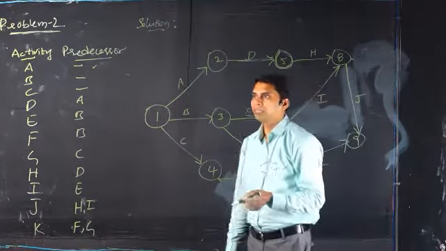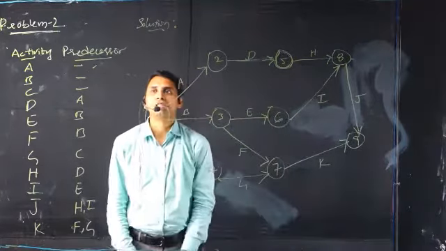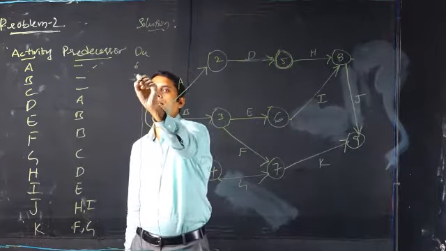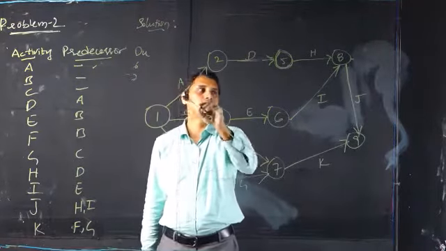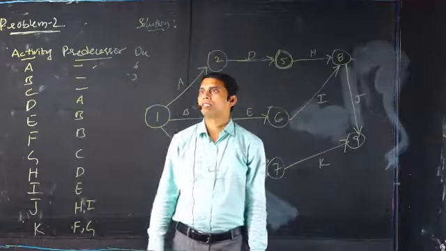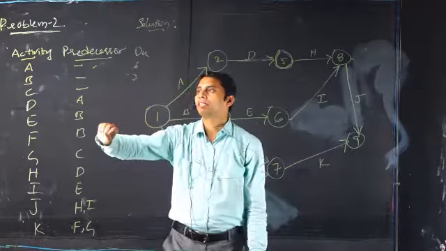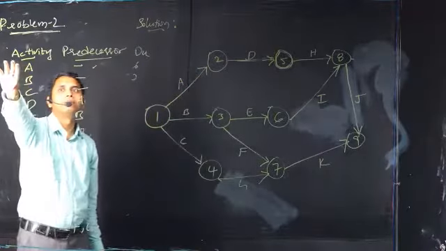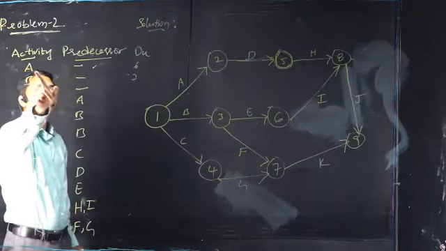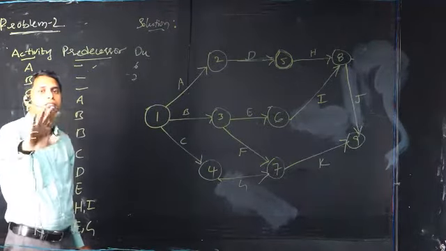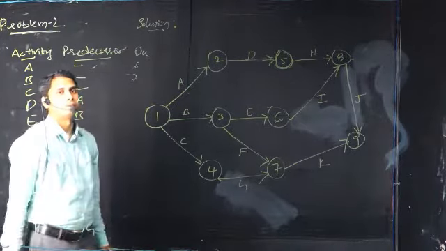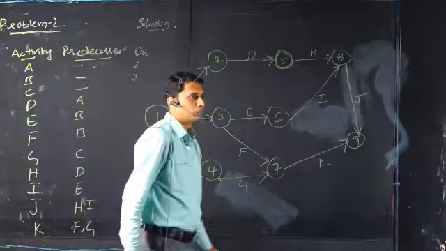And after that, in case the duration is given, then we will have to write the duration for this. Say for example, duration 6, 7, 8. Then we will have to give the durations for all these activities. So I think you would have understood this. Now again I repeat the problem once again. In the problem, the activities from A to K are given, and the predecessors for A, B, C are null. There is no predecessor. And then for D, A is the predecessor, as such predecessors are given. Now we have to draw the network diagram for this problem.